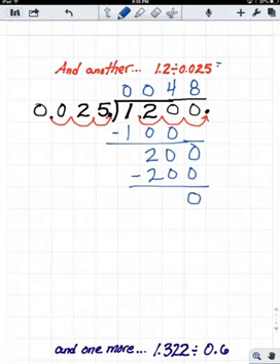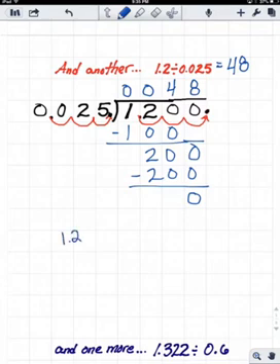So 1.2 divided by 0.025 equals 48. What that's saying is that 25 thousandths will go into 1.2 48 times. Okay. Now this video is running a little bit longer. I have one more example to show you. But if we want to see something here,